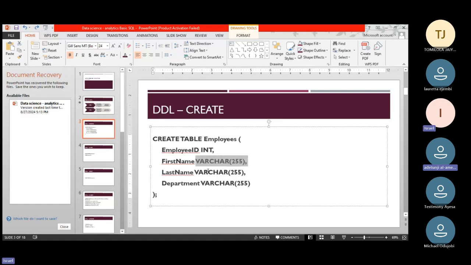Employee ID, first name, last name, and department are the column names. I'm going to run that to see how it works. So let me share my